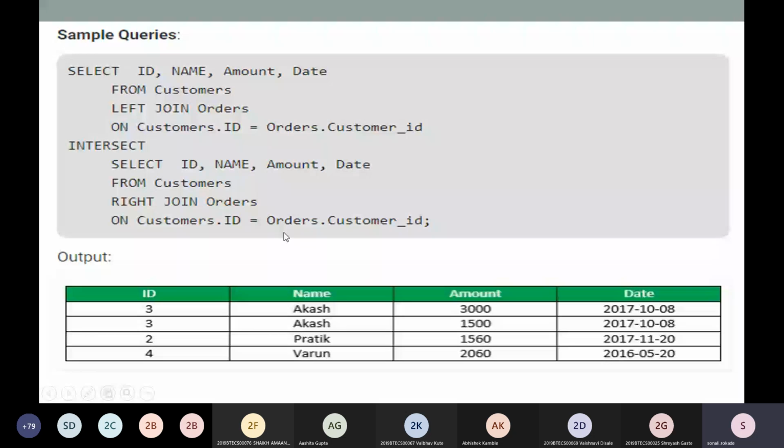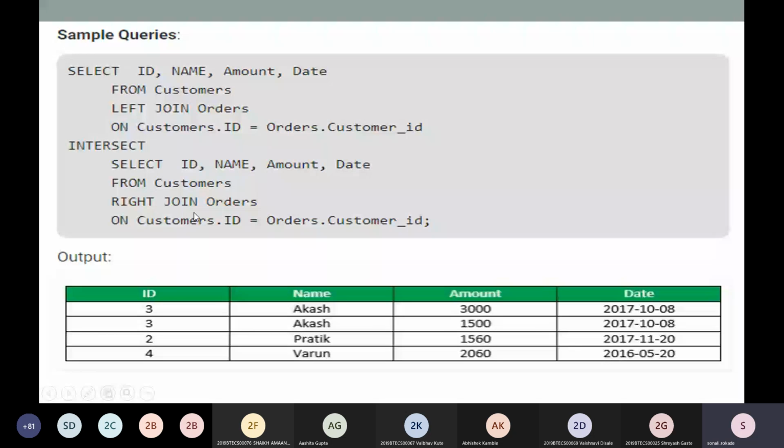Now the question raised in your mind is why we are writing this left join and right join here. This is used to find out all the values. What is the motto of left outer join? We can find all the values present in the left table, and we can have right table values, but they must be common. In the same way, the right outer join fetches all the records present in the right table and the common ones from the left. So we have all the common values available here.